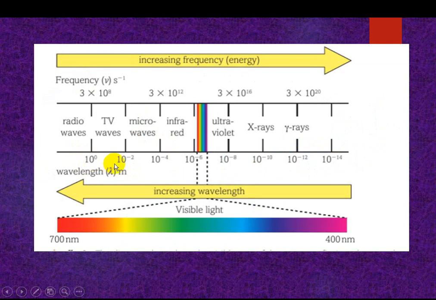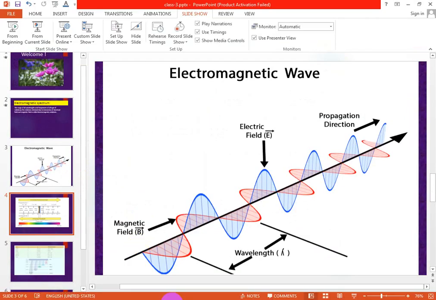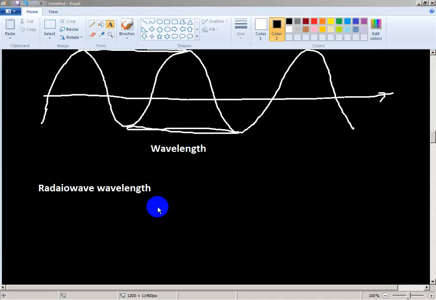Infrared, microwave, TV wave, radio wave are at different powers of ten. It is 10 to the power 3 for radio wave. So 10 to the power 3, the unit is the meter. So radio wave wavelength is